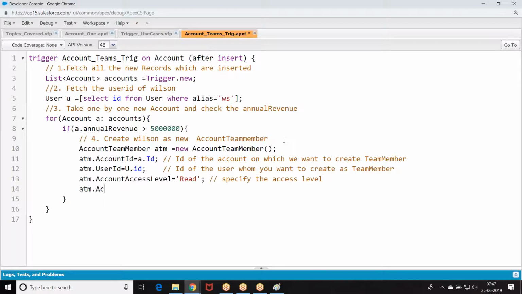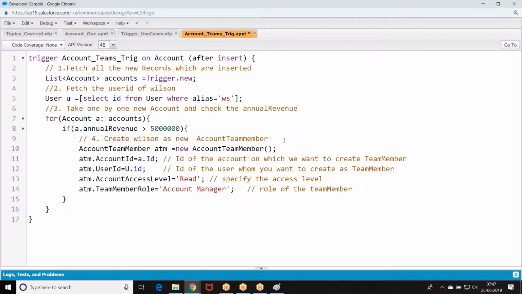ATM dot team member role, the role of the team member. Now what I'm doing? If annual revenue is greater than 50 lakhs, create an account team member.